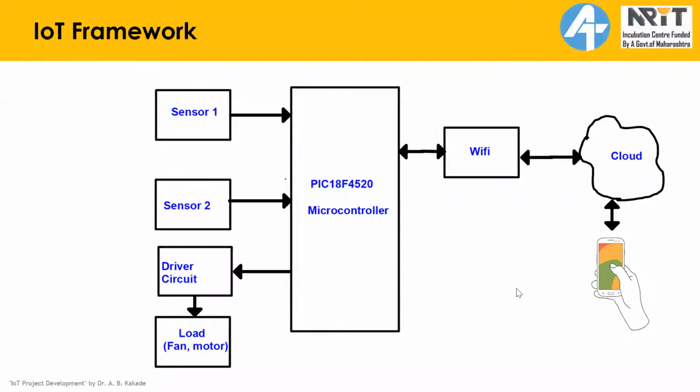This is the IoT framework that we use in all our IoT based products. So your IoT based product may have some kind of sensors. For example, if it is intruder detection system, then sensor could be infrared system or it could be PIR motion sensor to detect the intruder. So depending upon what application you are developing, sensor will change. If you are controlling AC appliances, then you require driver circuit, and driver circuit basically consists of either relay or contactor. So when your switching load requires larger current, then we need contactor. And if your switching current is low, you can manage with relay.